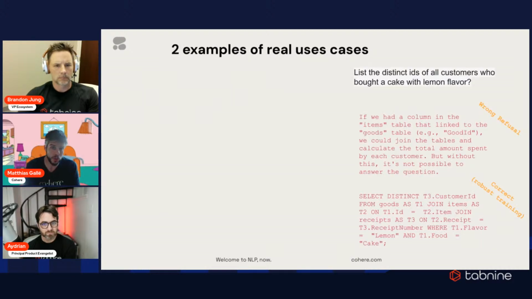So the first one is a very stupid one. It's SQL. It's something which many people might not want to tackle because they consider it boring. And SQL, especially the SQL dialect, is a fascinating subtopic to work on. And so this is an example query of a standard benchmark. I think this comes from a benchmark called Spider. And so some of the existing models, the way that they answer to this is with this first one, which is called the wrong refusal,